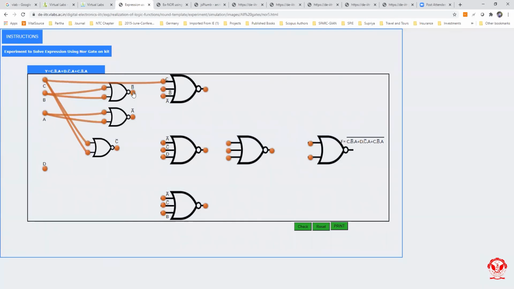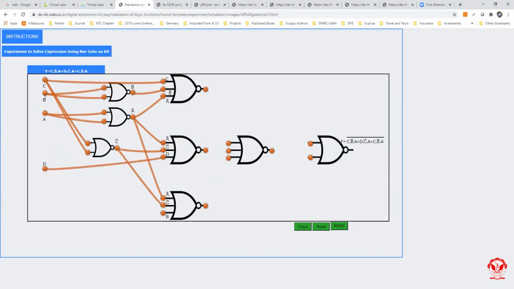Okay, now since it is B bar, don't worry, just click on B bar and connect this to this point. Now this is A bar, don't worry, just click on A bar and connect this to this point. Okay, now this is A bar, same we have to do for A bar. This is C bar, same C bar is connected to this. This is D. Now where is my point D? Yes, it is. Now just click on D, drag the wire and connect this to this point. This is our A bar. This is C bar. Just click on C bar and connect this to this point.